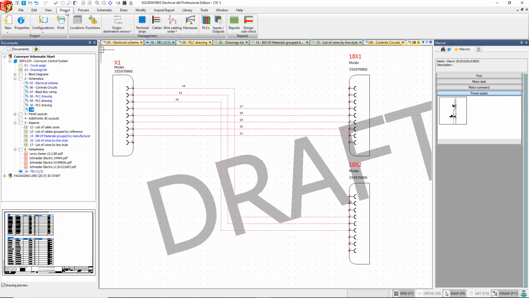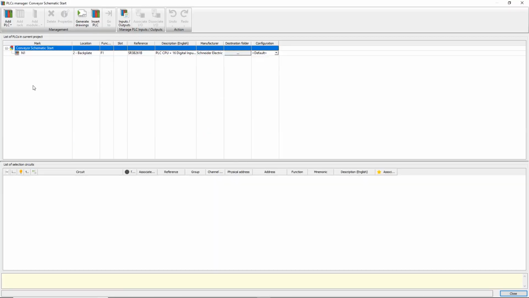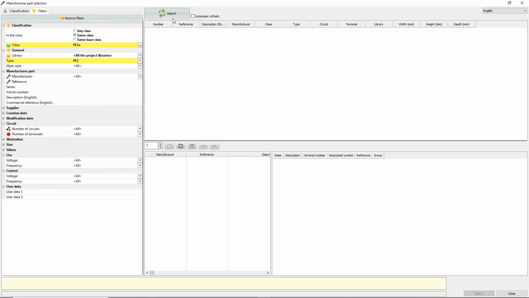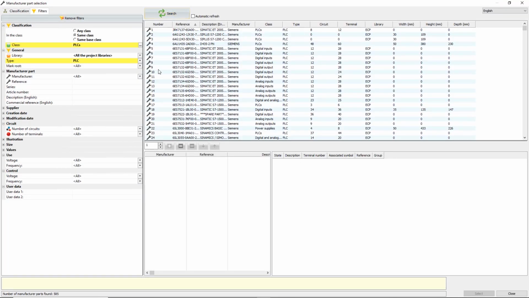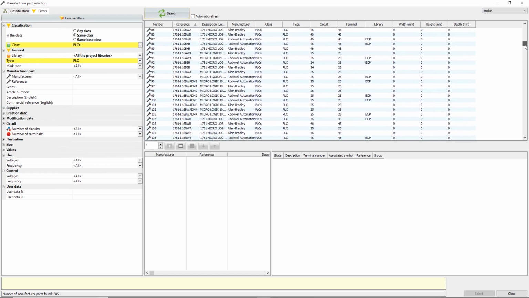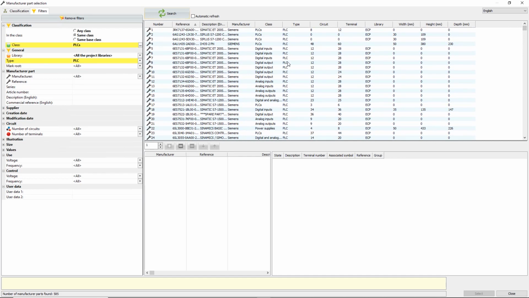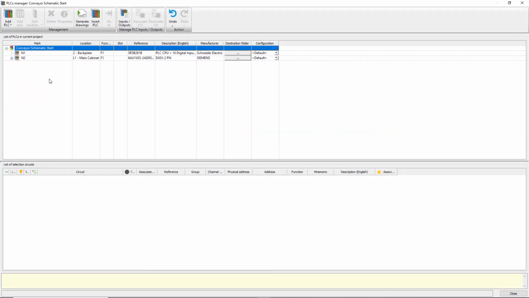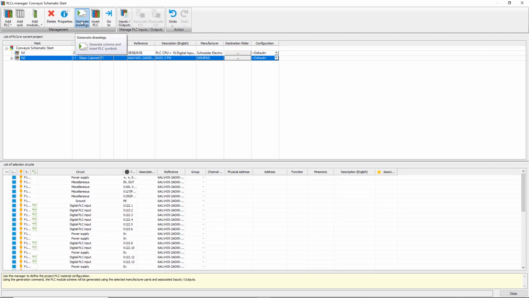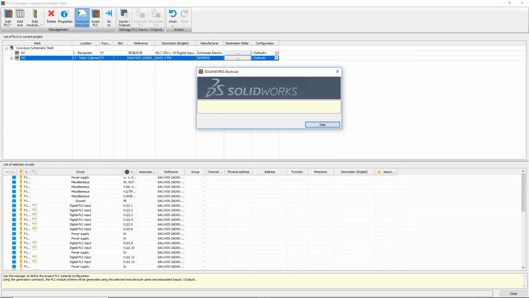Also for PLCs, as a final point, I can come into my PLC manager, search my database as well, which is up to date with all of my PLCs that I'm interested in. So for me, it's Siemens, Rockwell, and also Omron and Mitsubishi that I've downloaded the libraries from. There's a central website you can log into, which is managed by SolidWorks, which supplies up-to-date information for PLC manufacturers. Let's pick one of these Siemens PLCs and locate it on my drawings. I can literally just say generate drawing sheets, OK, and it all comes through onto my schematic sheet.